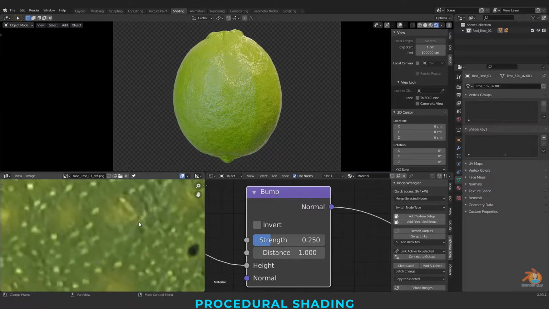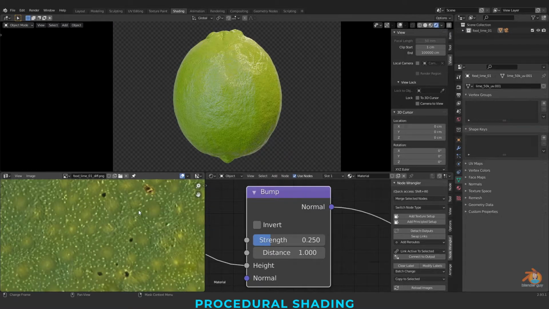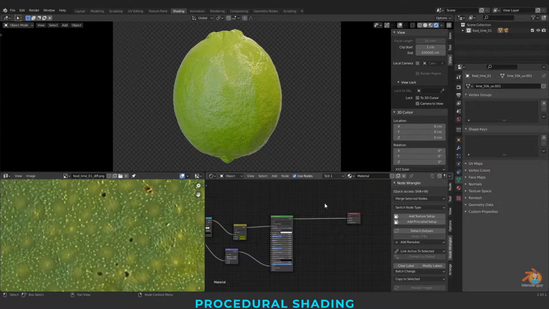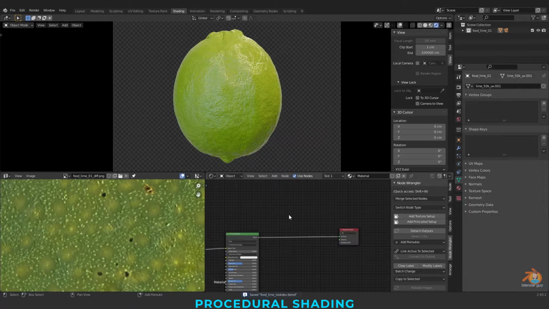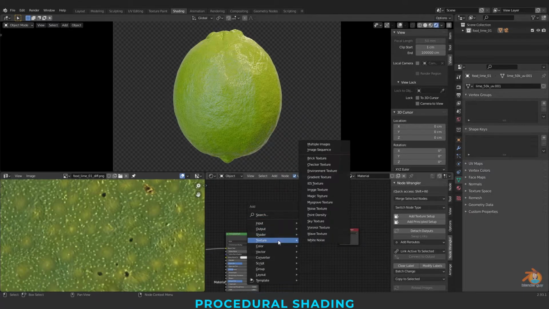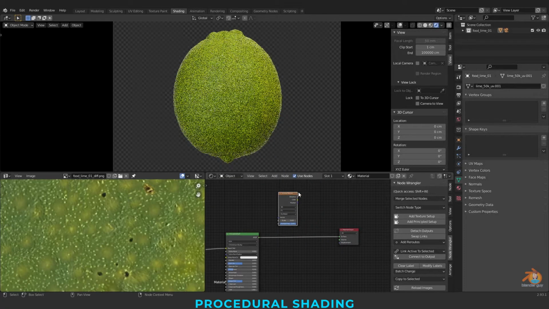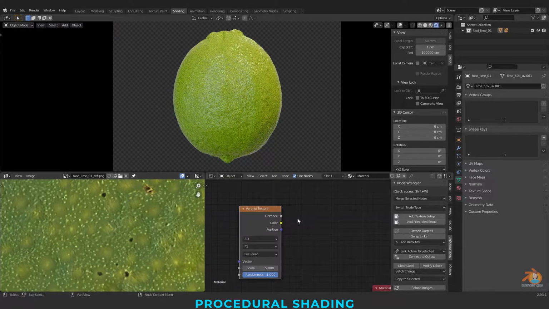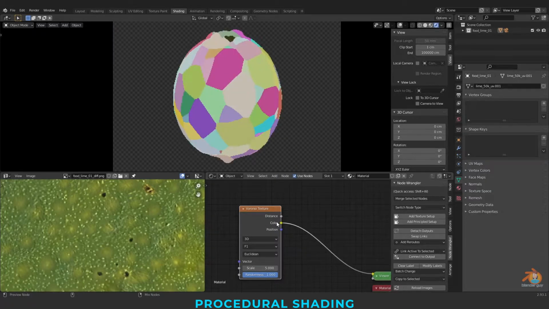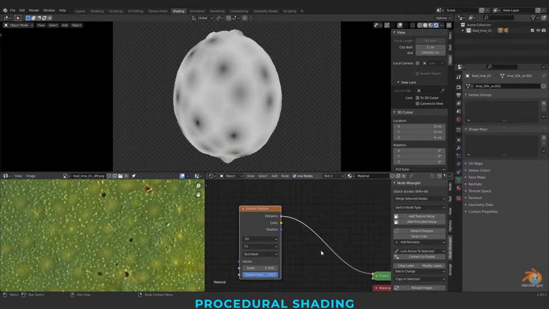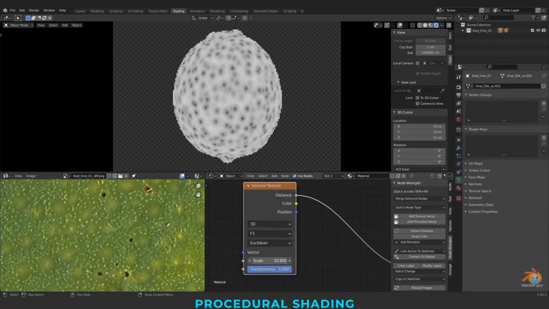On that, now we are going to create the white dots. For white dots creation, I'm just clicking Shift A, going to texture and going for Voronoi. To view this texture, I'm just Control Shift clicking on this and increasing the scale.